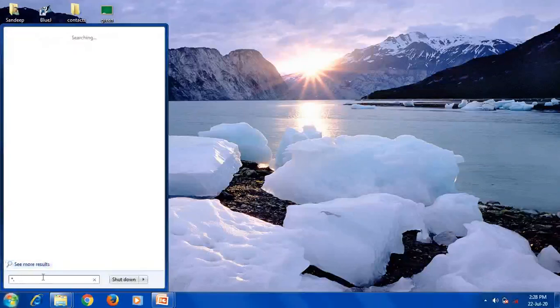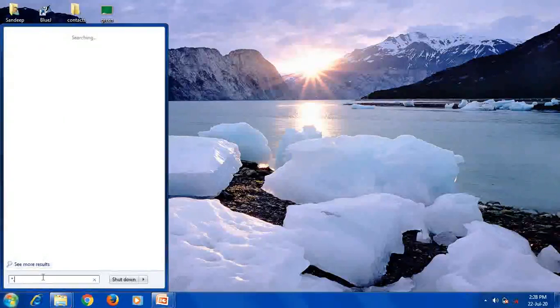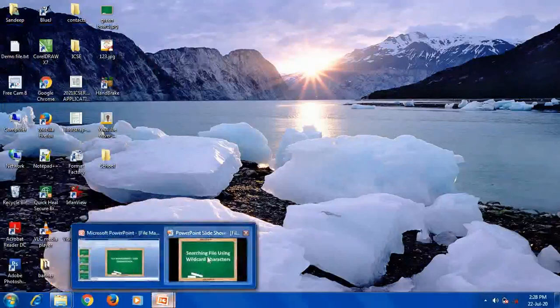We'll try some image files, PNG. Are there any files? Plenty of PNG files are there, meaning image files. Star.jpg means all the JPG files. Here understand the meaning of that star. Star means all. So when you put the star sign and mention the extension of the file, the system displays all the files stored with that extension. So that is the point: searching a file or folder with wildcard characters.